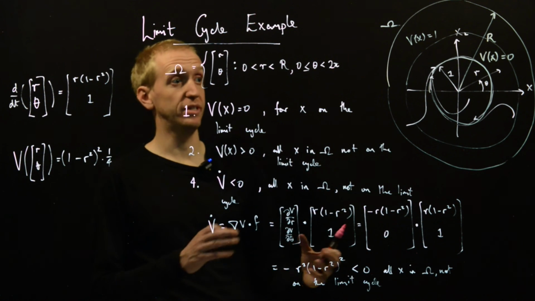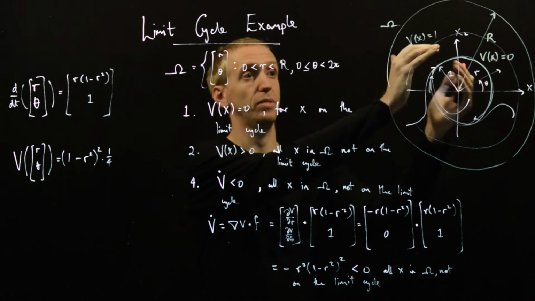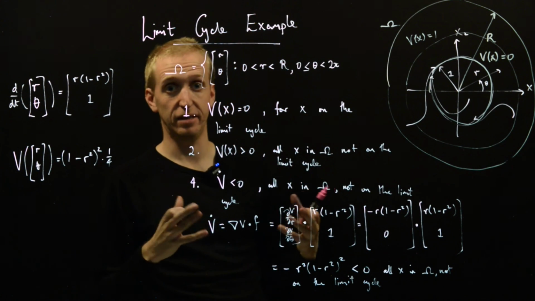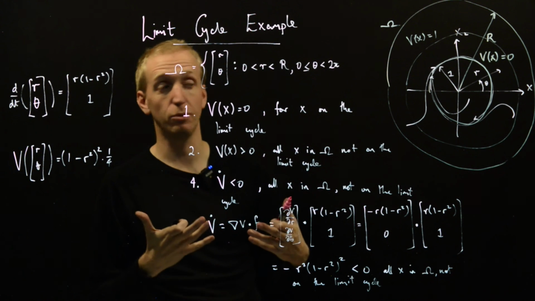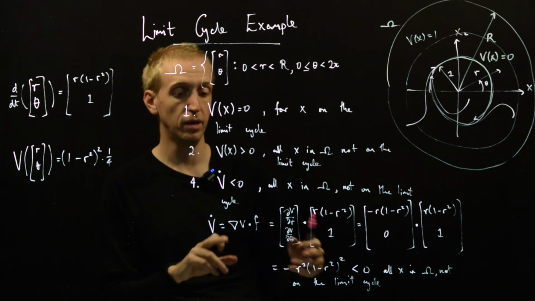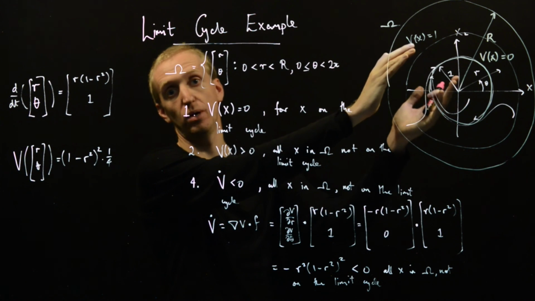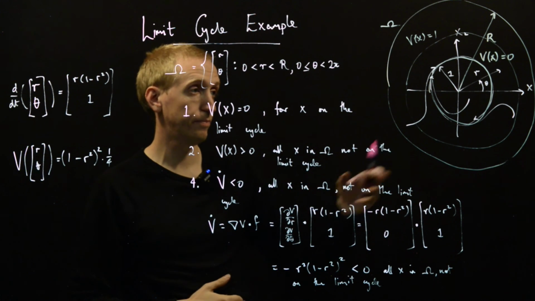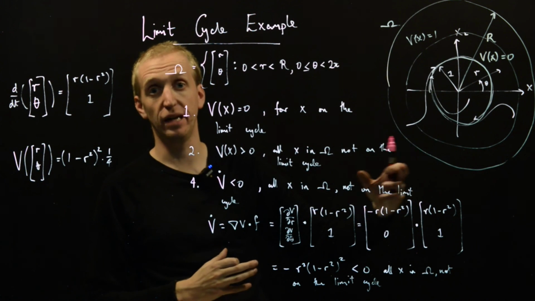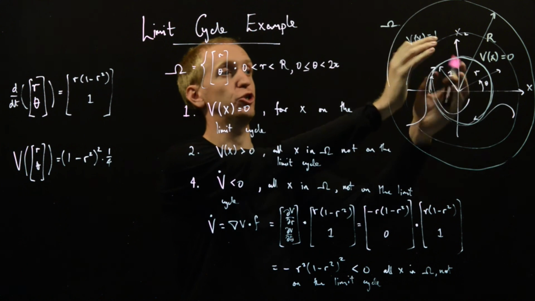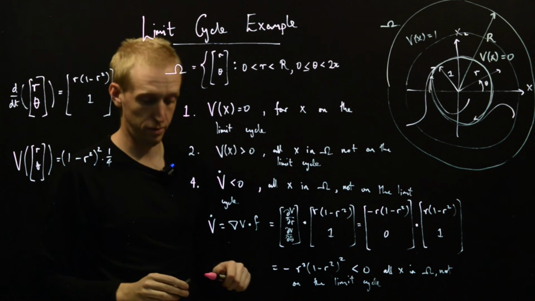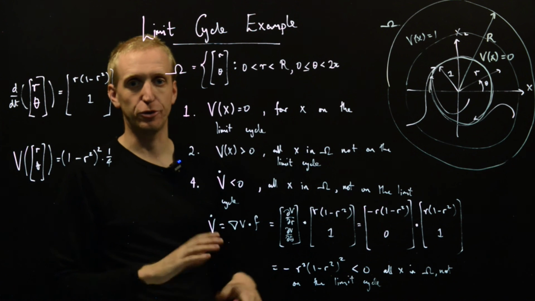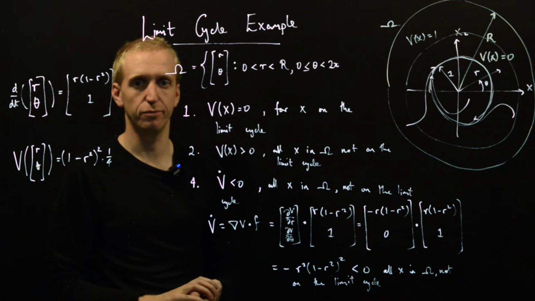So this now guarantees that if we start on any level set in this region omega, and that level set has energy, or value of the Lyapunov function, larger than 0, we're guaranteed to move towards one with lower value of the Lyapunov function, meaning that eventually we will collapse onto our unit circle as required. So a kind of an extra bonus, doing some limit cycle stuff with the